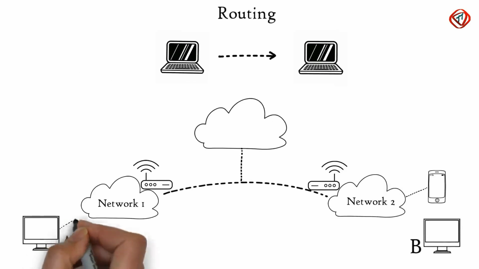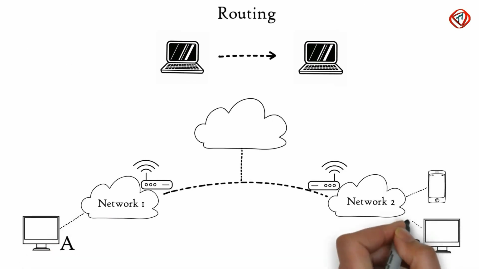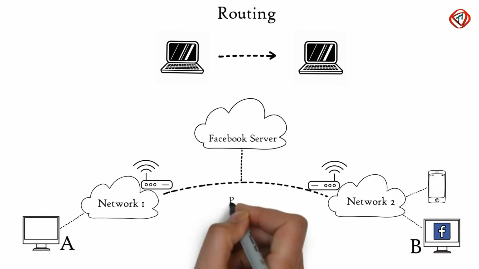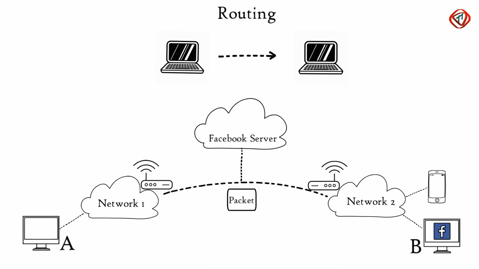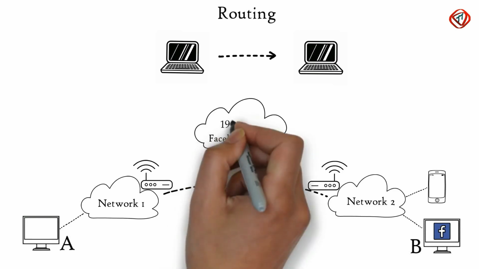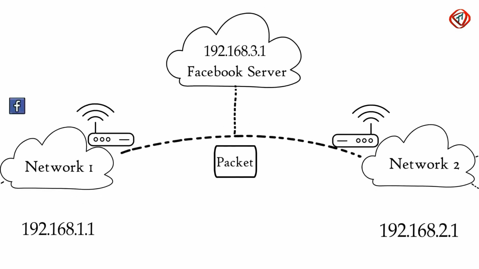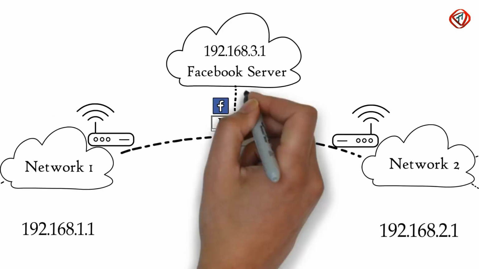Suppose computer A is connected to network 1 and computer B is connected to network 2. From computer B, we have requested to access facebook.com, and now there is a reply from the Facebook server for computer B in the form of a packet. This packet needs to be delivered to computer B only. Since in a network each device has a unique IP address, both these computers will have a unique IP address as well. Network layer of the Facebook server has already added sender and receiver's IP address in the packet. Suppose the mask used is